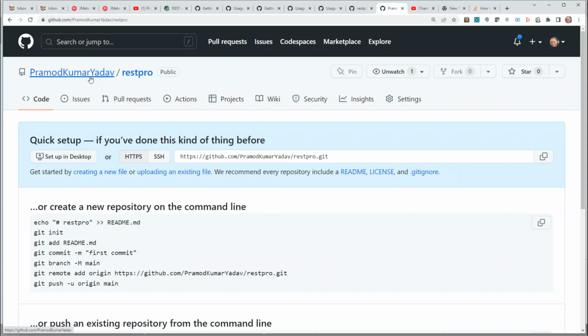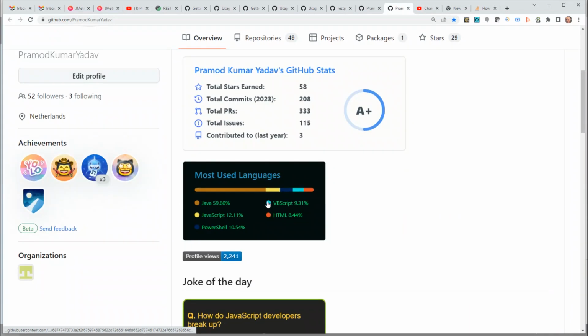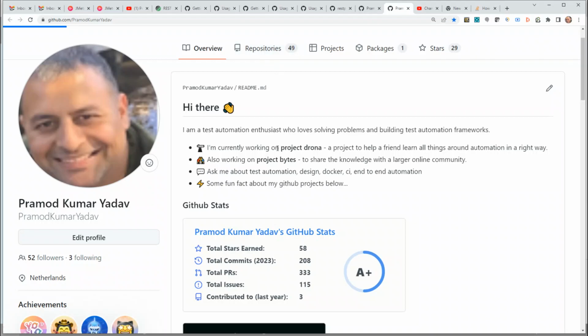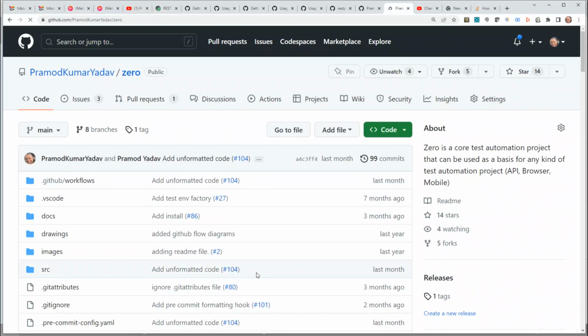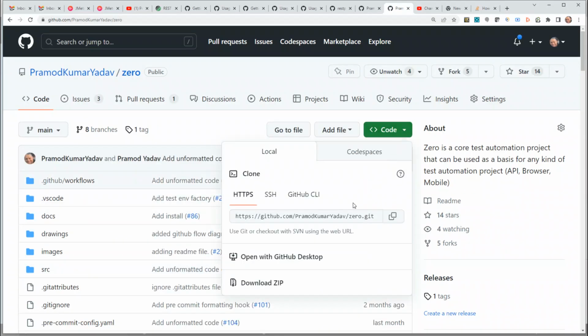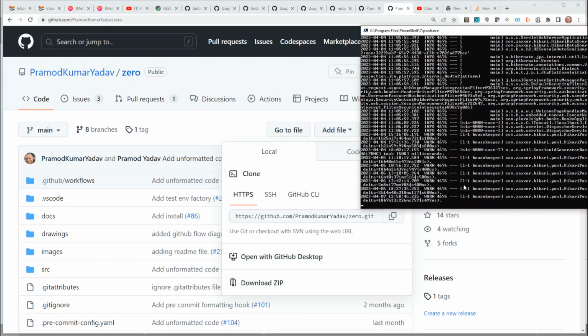But maybe let's go back and open Project Zero now. So if I go to repositories, let's go to Project Zero. Let's open Project Zero. And I'm going to clone Project Zero. In fact, I already have Project Zero, but let's say if you have to do this, you have to clone this project somewhere, right? So what I'm going to do is I'm going to open terminal,